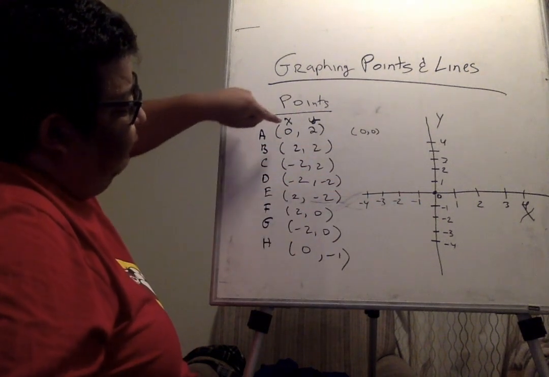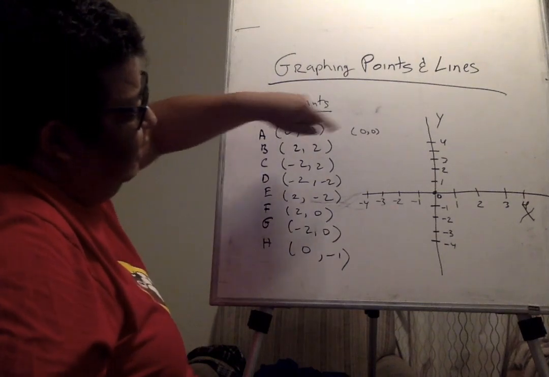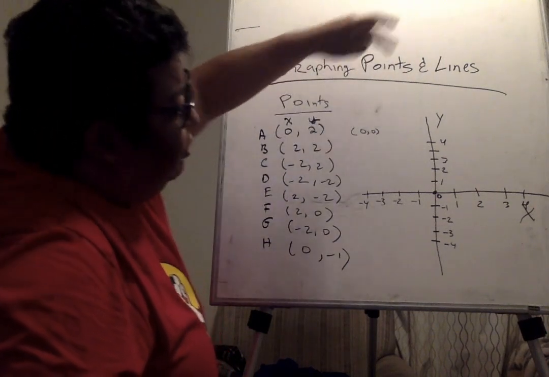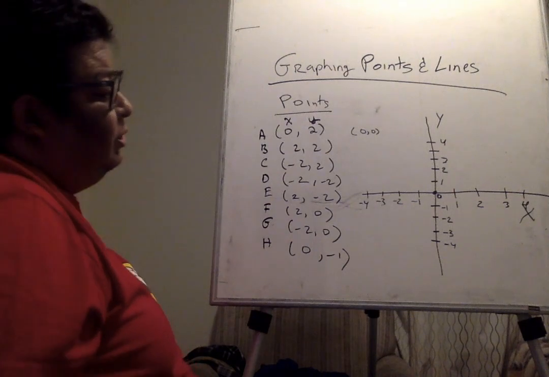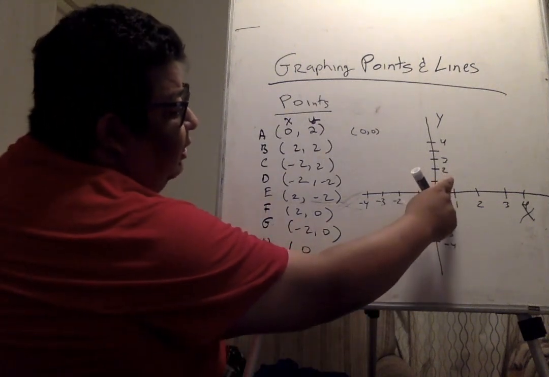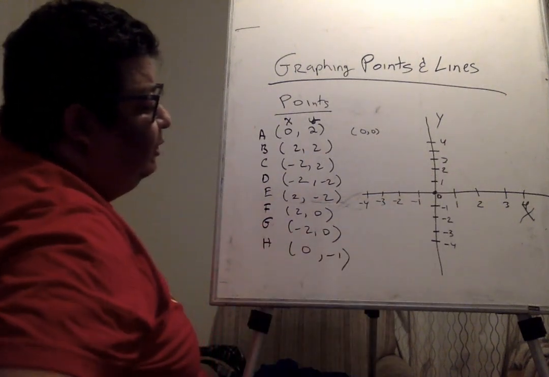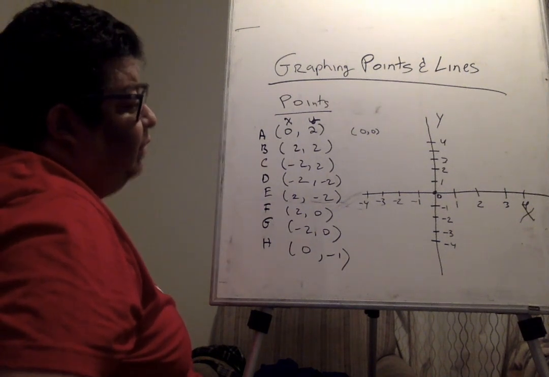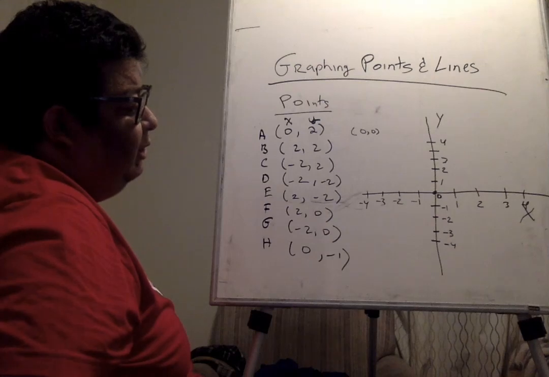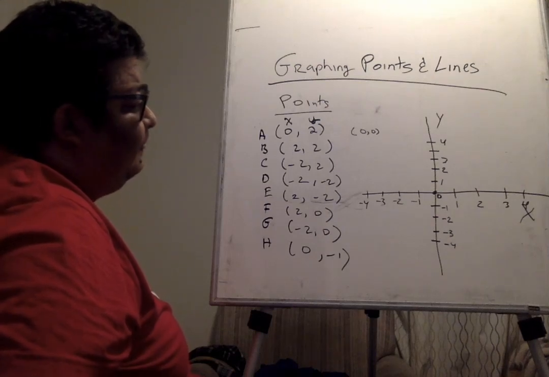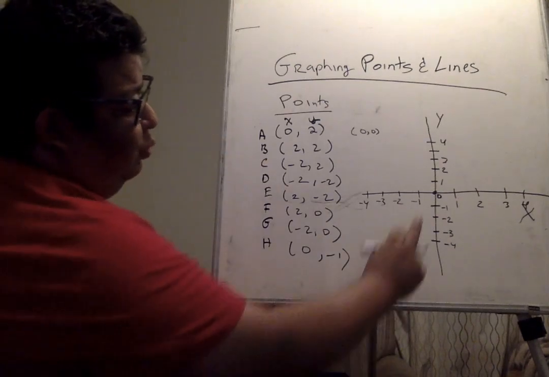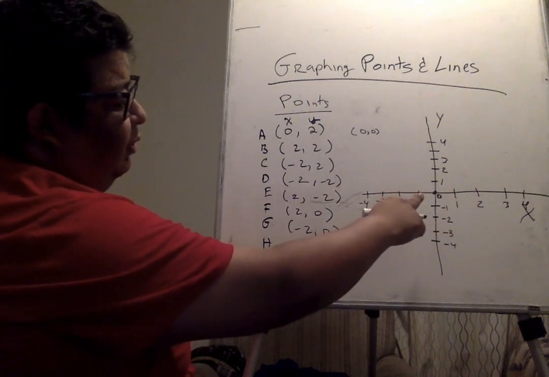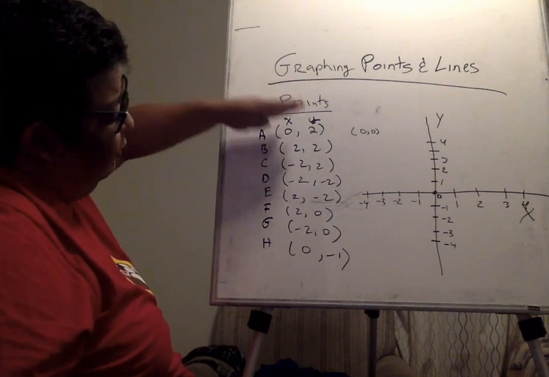For example, if you wanna plot 0, 10, 10 is all the way here. So we cannot plot it here. So you always have to choose a layout that you're able to plot every single point. That's one of the key steps when graphing. For these points, I chose 1, 2, 3, 4, and going from -1 to -4, because if you look at all these points